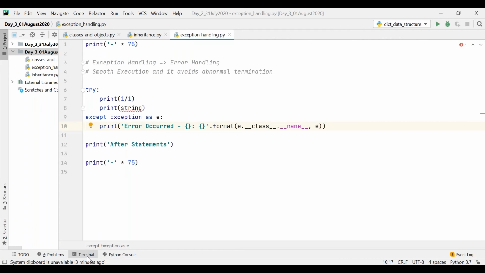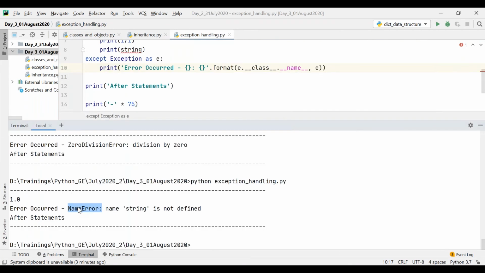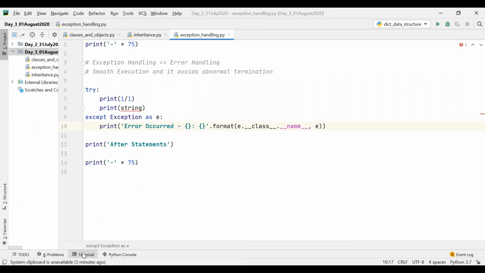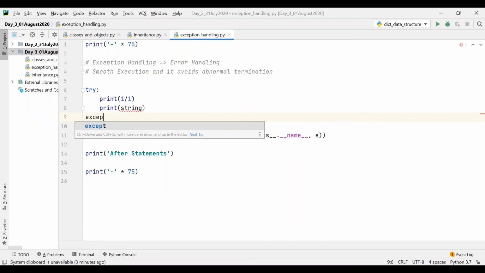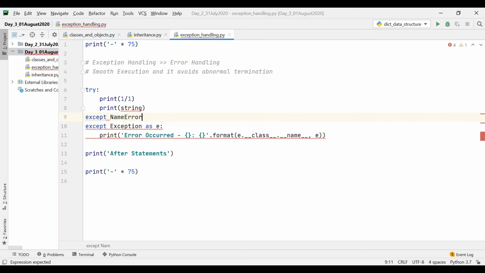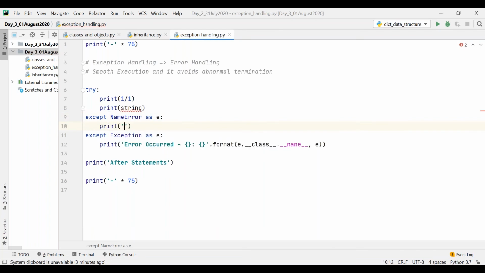Now, if you want to handle a particular exception, that is, I want to handle name error explicitly. That is, I want to write a different set of error messages if name error has occurred. For that, what you can do is you can just have except name error as e. Okay, and then I can define some other message, that is, ne occurred, and then I can say comma e. So in this case, what will happen? In this case, what will happen? Whenever there is a name error, okay, let me give something like this